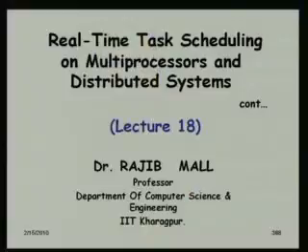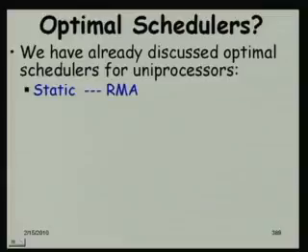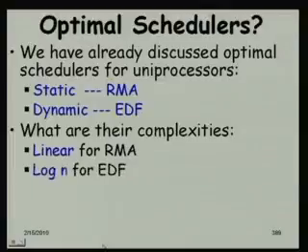Okay. So, let us get started and we will continue our discussion from the point we discussed last time. If you remember, we were discussing task scheduling in multiprocessors and distributed systems. We had said that for uniprocessors we could discuss just two algorithms. One was an optimal scheduler for static priority algorithm and for dynamic priority algorithm, and that summarized our discussions on